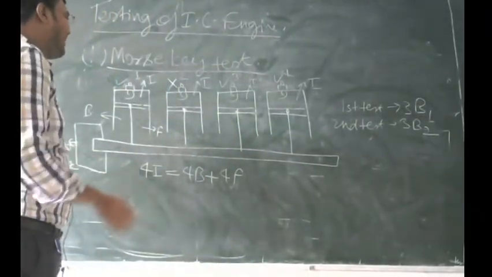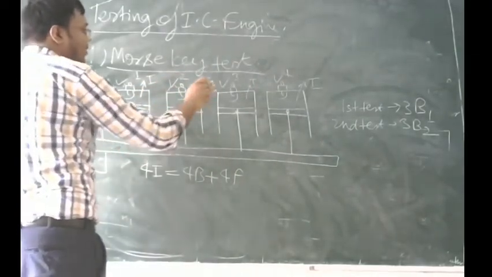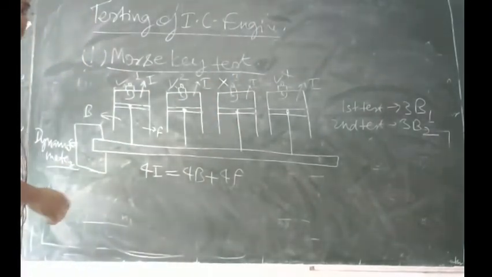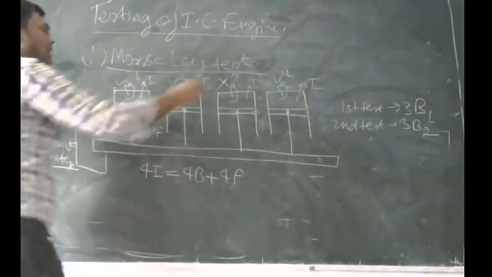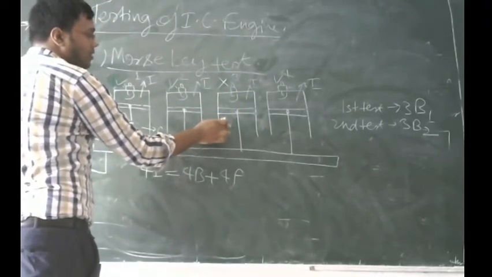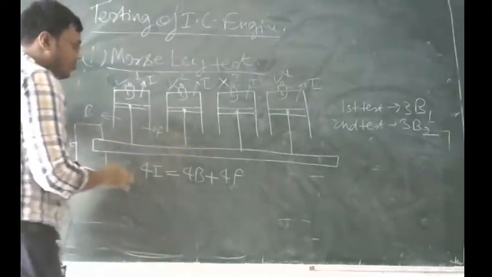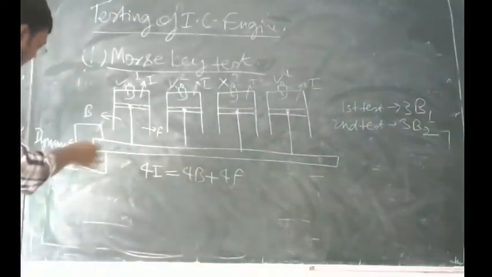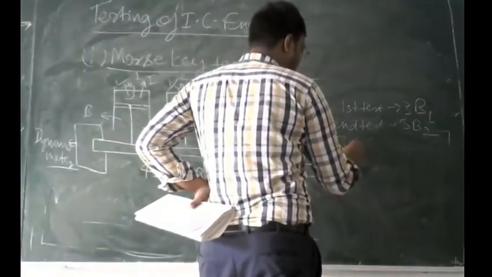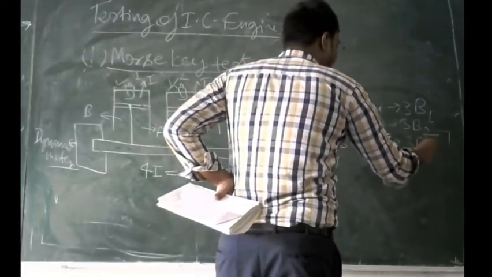Now in the next test, again we start the sparking of the second cylinder, but we stop the sparking of the third cylinder. First cylinder is sparking, and we will not get power from the third cylinder. So we are getting power from the three cylinders 1, 2 and 4. So in the third test, again we will get the reading on the dynamometer for those three cylinders, and we will get power 3B3.